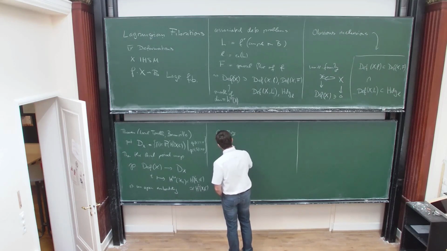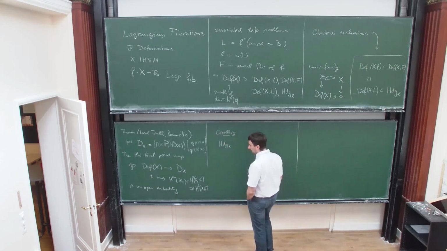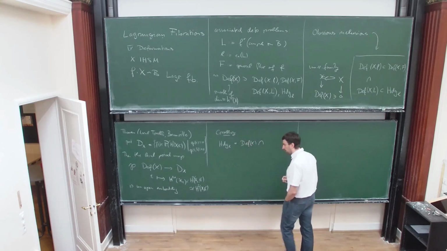The Hodge locus of l is just Def(X) intersected with l perp